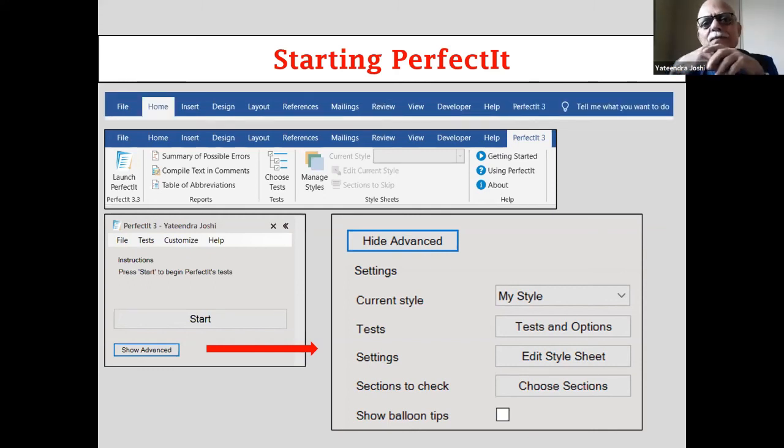Now about the stage at which you use Perfected. What I do is I don't use it initially. Only after I have copy edited a doc file and it is almost ready to be sent back to the author, only then I will run Perfected. I will not ask it to fix any of these. I simply make a note of what are the inconsistencies it is suggesting, then close Perfected and make those changes manually.